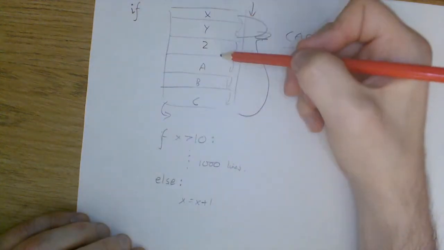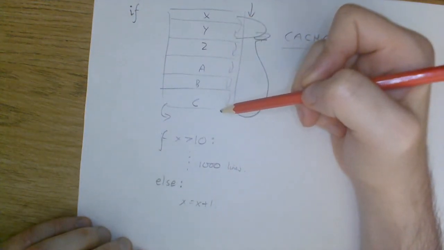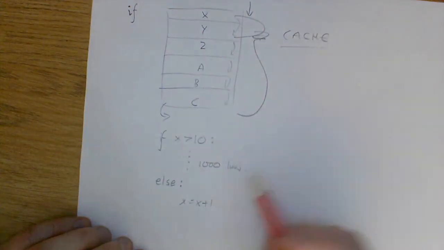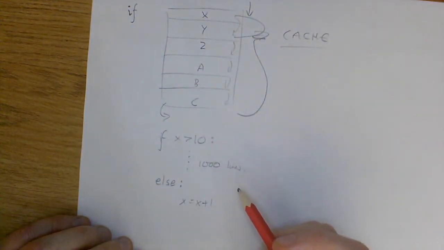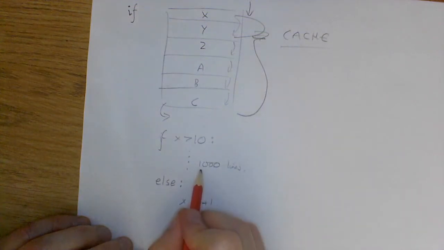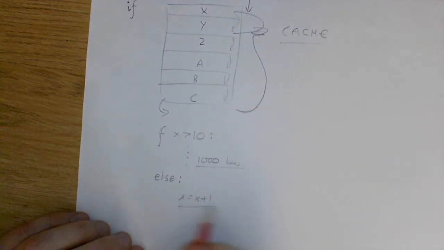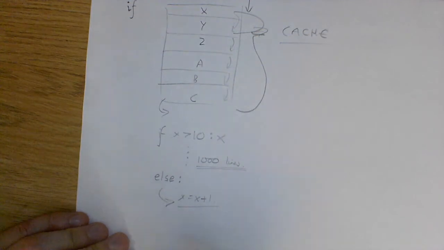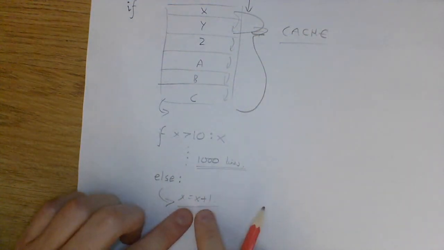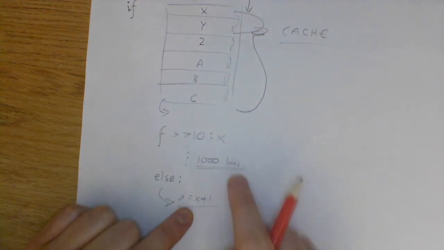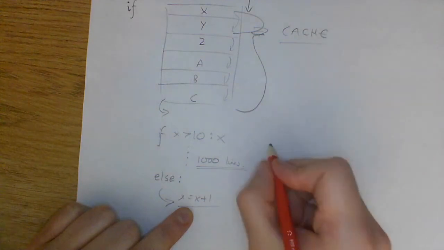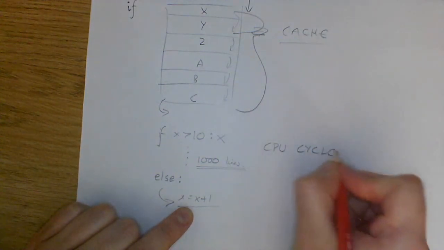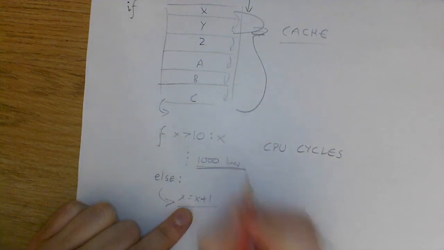A computer would do x, y, z, a, b, c if it was all sent in a group. However, when we get to an if statement, the computer says, oof, I've got a choice now, and I don't know which one to take yet. I'm either going to load 1,000 lines into memory, or I'm going to load 1. If I load 1,000 lines into memory, and it turns out this is false, that means I'm actually going to execute this line here. And if I am executing this line and not these 1,000 lines, that means I have wasted a lot of CPU cycles